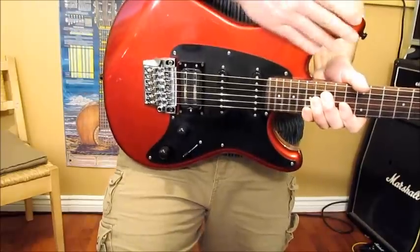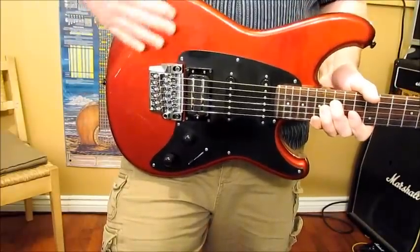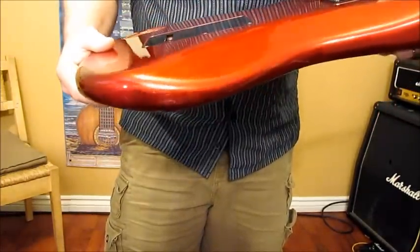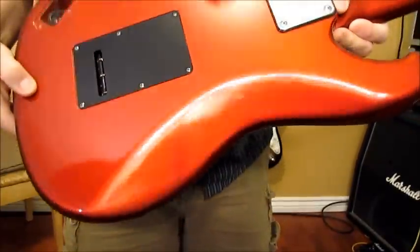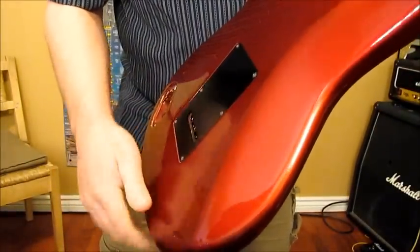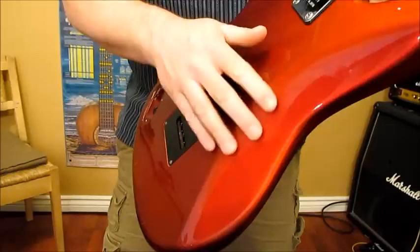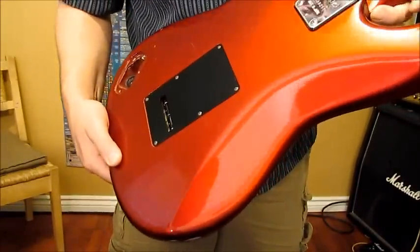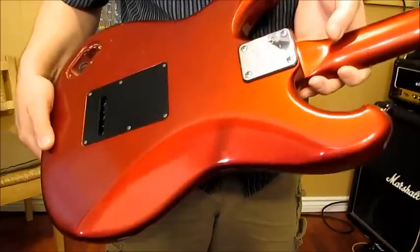So I just kind of hand polished it up. It's got a few good marks. I don't know if the camera will pick it up again, but a lot of things they do, like Fender Custom Shop for a road worn look. This has it, even has a pick plate on the road, but it's got that well played look to it